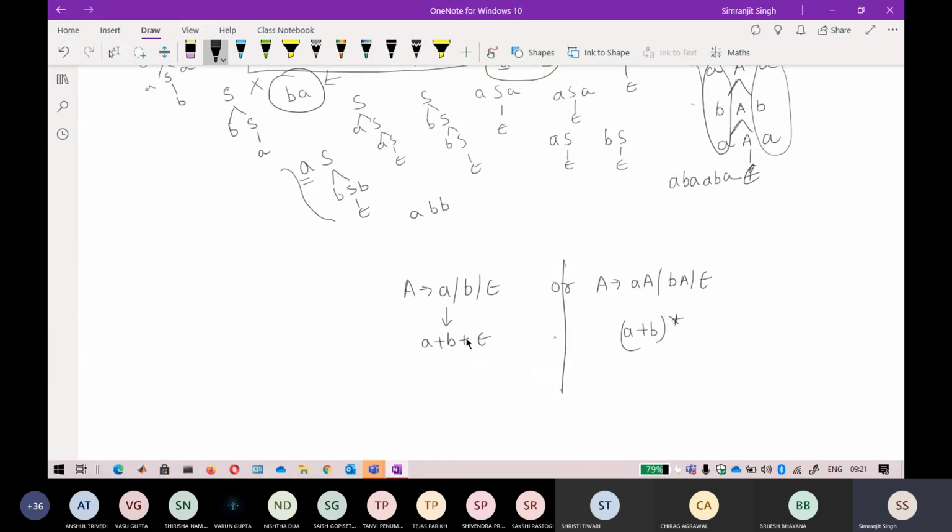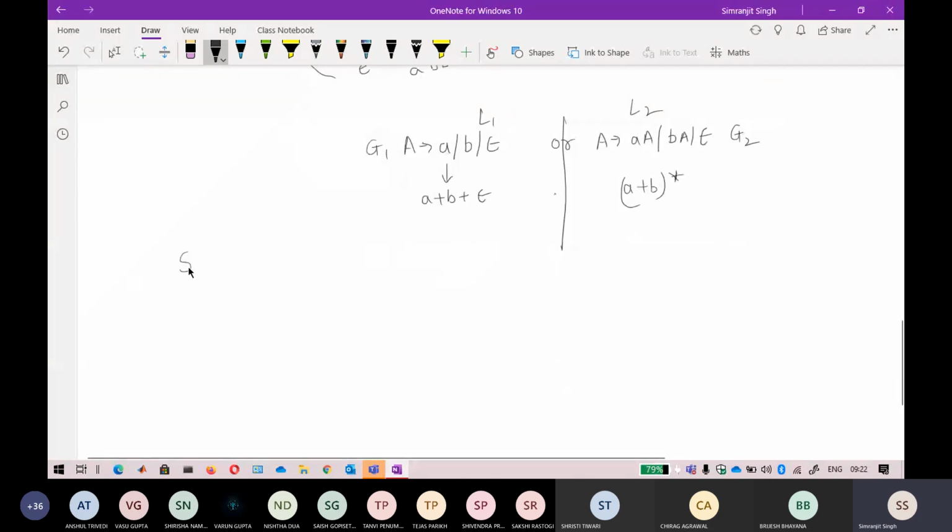These are different production rules for different languages. So this is your L1 and this is your L2, this is your G1 and this is your G2. Do not consider them the same. I think the difference will be very clear in Chirag's expression. Chirag had not defined the epsilon in the starting one here.